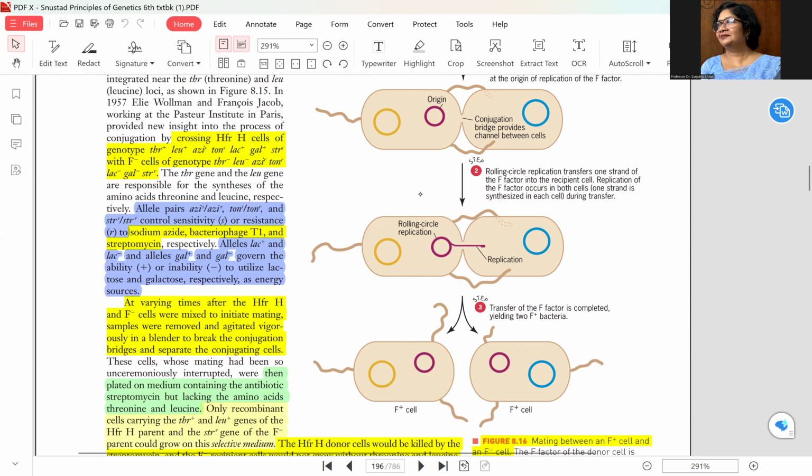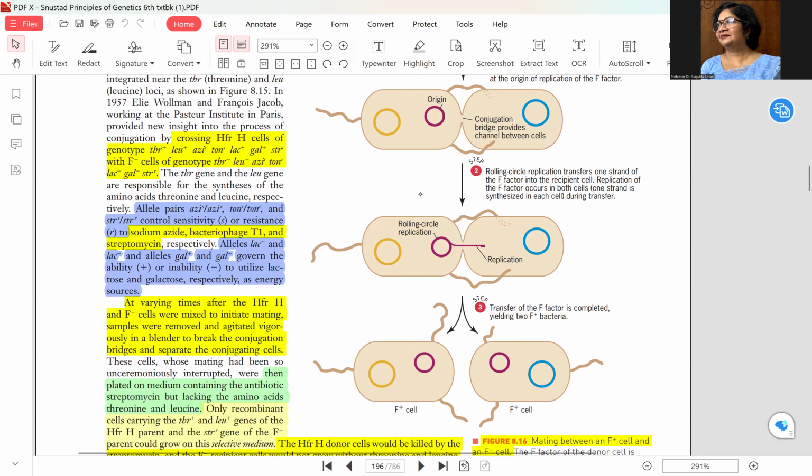Because we don't know, if we knew the map already, then we wouldn't need to go through this experiment. So since we need to know the sequence of genes which were transferred, we have to make all 6 plates, and we have to test the bacteria in all of those 6 plates for every time interval that we allow